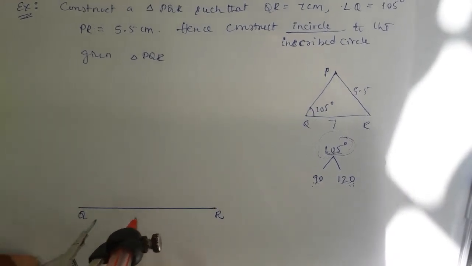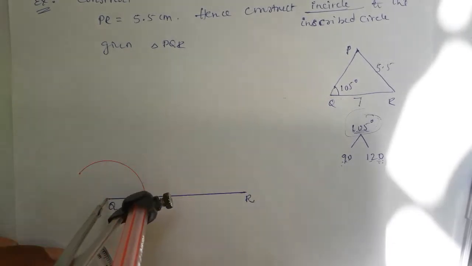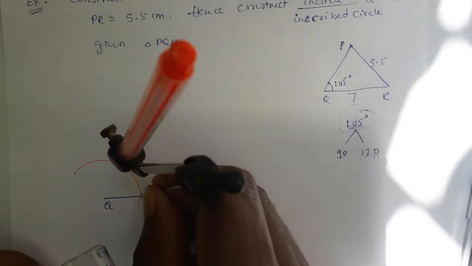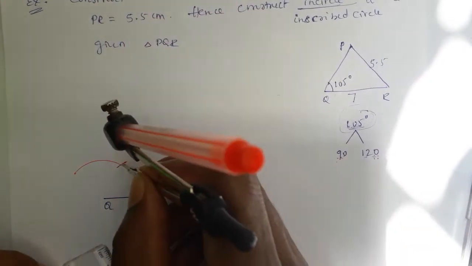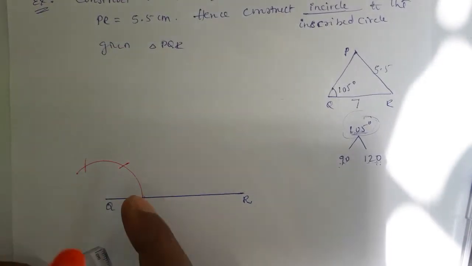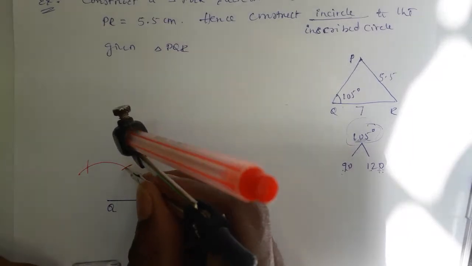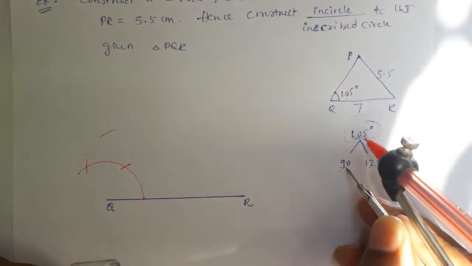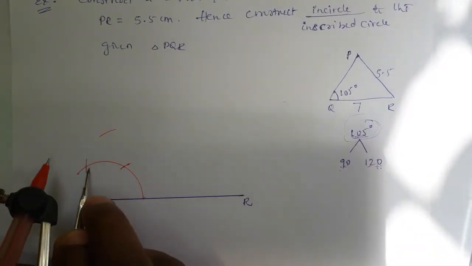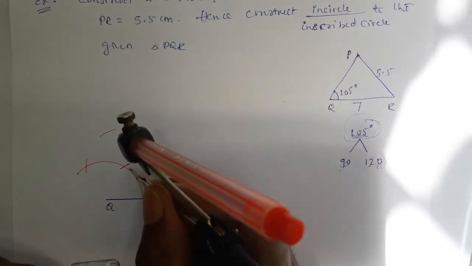First, the major arc. This is called a major arc. On the major arc, this is 60 degree and this is 120 degree. Next, how to get 90 degree now, because 105 degree is between 90 and 120. 60 is ready, 120 also ready. Now I have to get 90 degree first. How to get 90 degree?